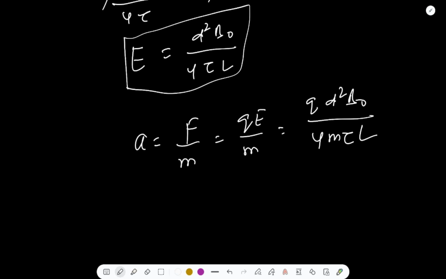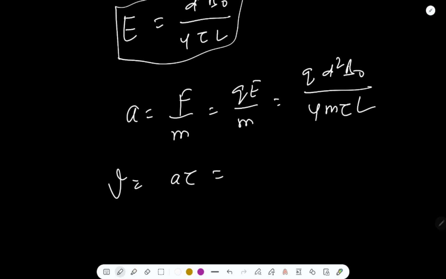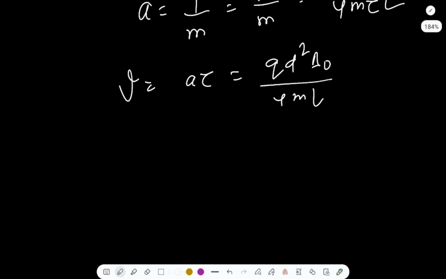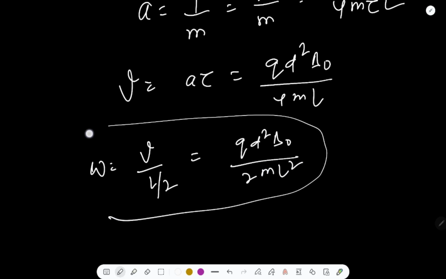And during time tau, the velocity gained by a charged particle, the initial velocity being zero, is a tau. So the velocity gained by a charged particle in time tau can be written simply as q d square B naught by 4 m L. Now we only need to find the angular velocity, and angular velocity is v by r, and r is L by 2. So the result we get is q d square B naught by 2 m L square, and that should be the answer. Thank you very much for